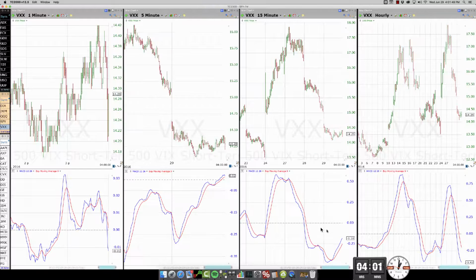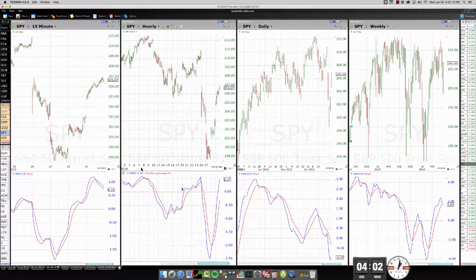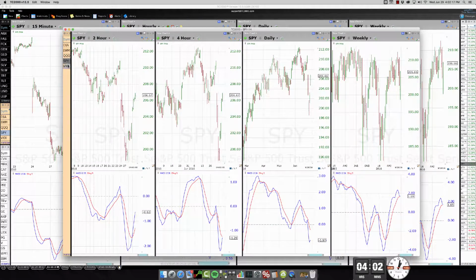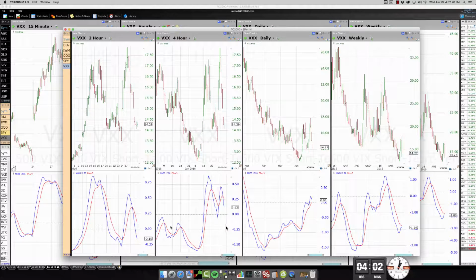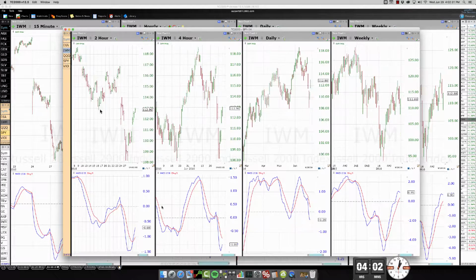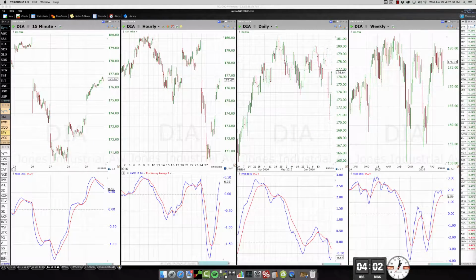Take a look at that 60. And VXX. I look at VXX, and VXX says more downside. That's what I see here. More downside here means more upside here. Look at the 2 and 4 hour charts. But on VXX, extreme poise still. Cues, poise to the upside. Russell, same. Diamonds, same. So that's it.